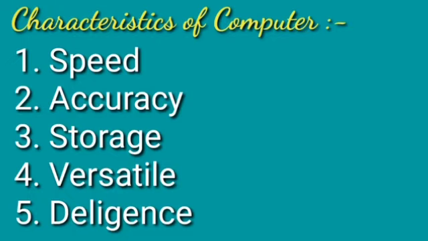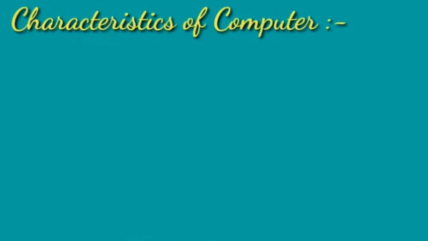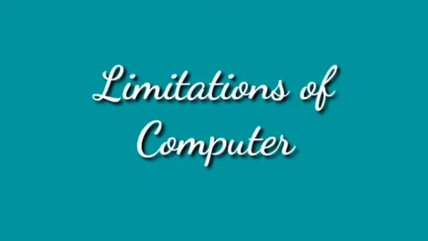So we as human beings, if we are asked to do the same task n number of times, we get irritated. However, a computer never gets irritated, never gets bored, and gives the result with the same accuracy and the same speed to the user. So this is all about the characteristics of computer. Now, if there are some features, some good things about the computer, some advantages, there must be some limitations or disadvantages. There are a few, so let's look into the limitations of computer.